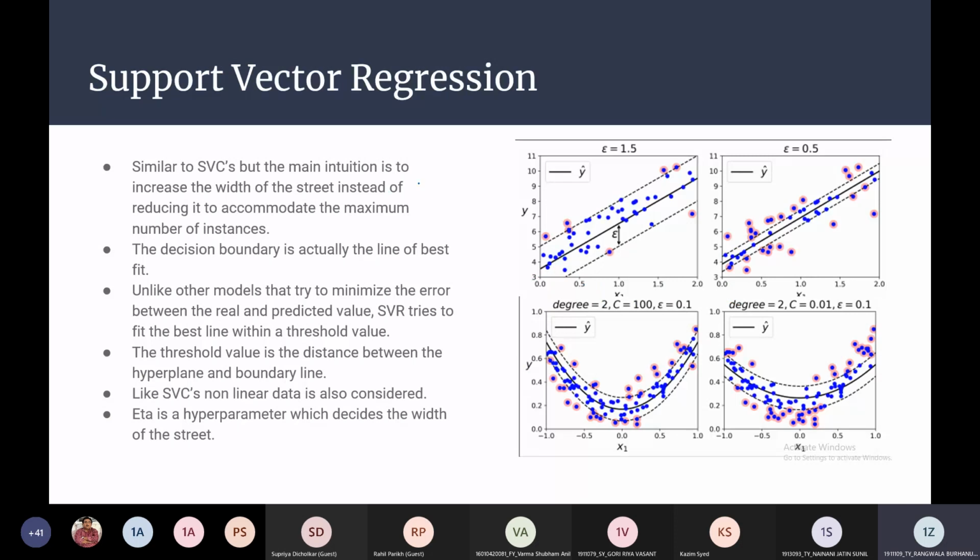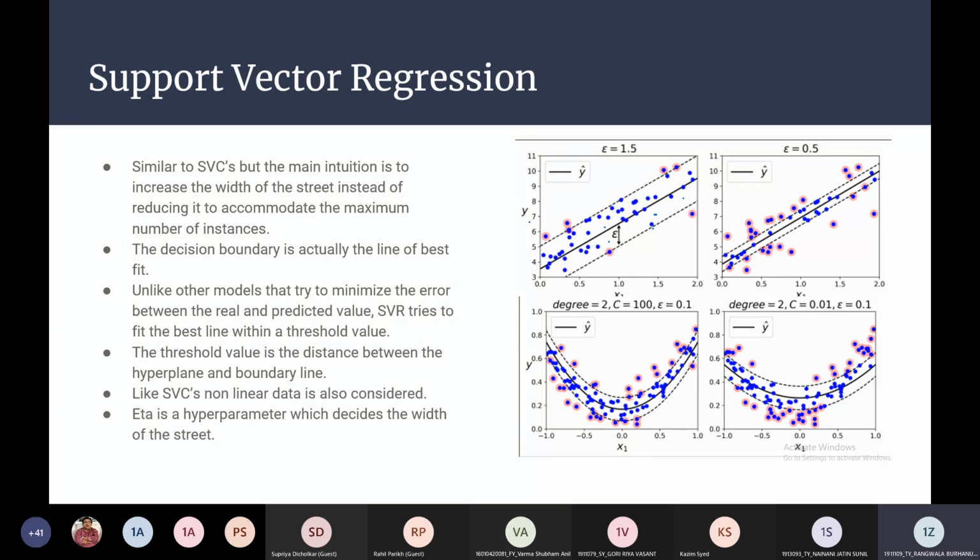Okay, so now what I covered till now was actually the classification aspects of a support vector machine. Now let's get into the regression aspects known as support vector regressors. So how do support vector regressors differ from support vector classifiers? The theory and math behind it is not that different, but the main intuition here is that instead of maximizing the width of the street to keep the two classes as far away as possible from one another, we maximize the width of the street to keep as many of the instances inside this street.